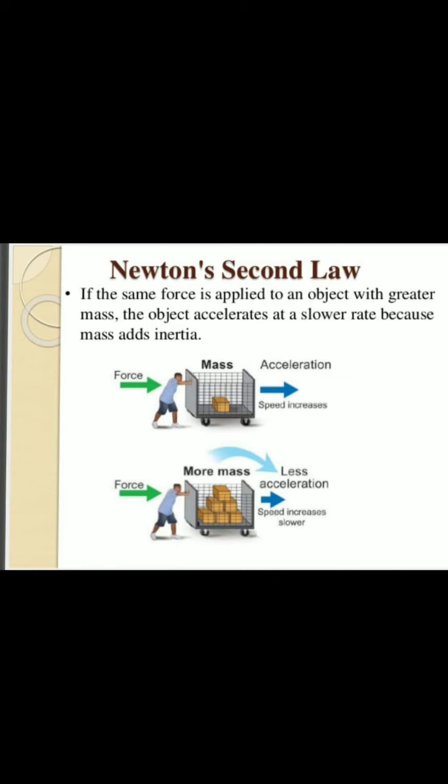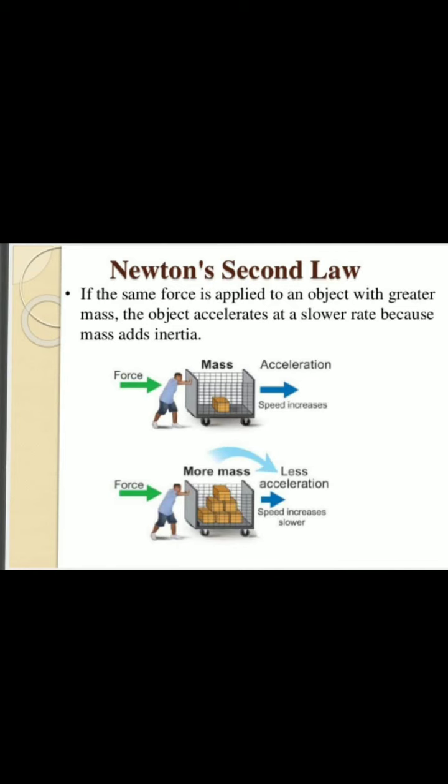Or suppose in one bucket only one wooden block is there, and in another bucket 10 wooden blocks are there. Which mass is greater? Obviously the second one, where the 10 wooden blocks are. So if you apply the same force in the first case, on the one wooden block, and in the second case, on the 10 wooden blocks,